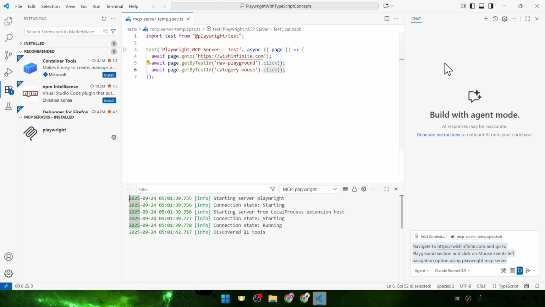Now here in this GitHub Copilot chat window, don't forget to select Agent if something else is selected. And here you can select any of the models. For this one, I will select GPT 4.1. And now we can click on Send. Once we click Send, it will navigate to wishinfinite.com and then click on the Playground